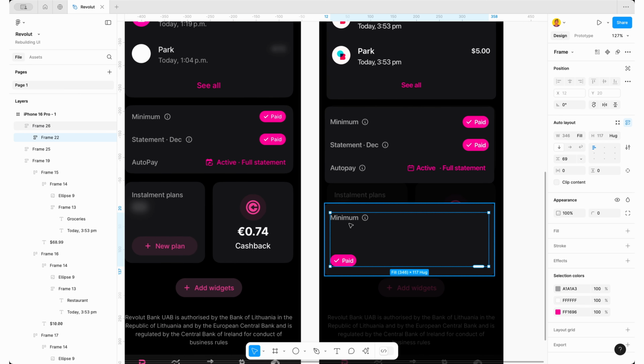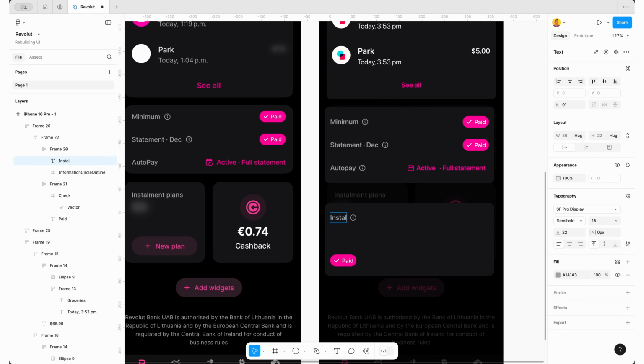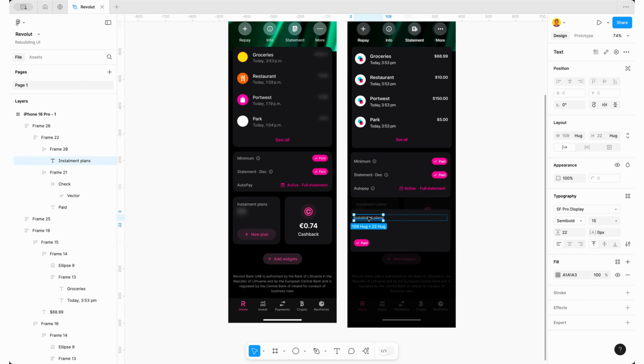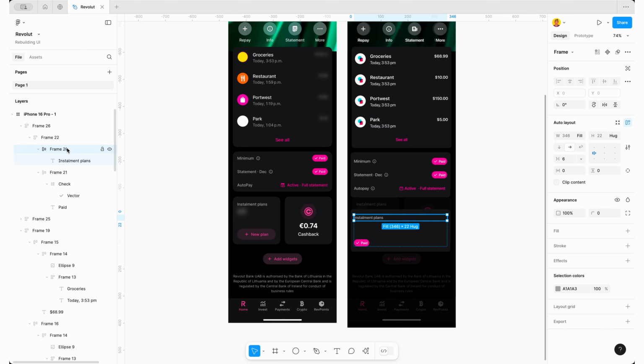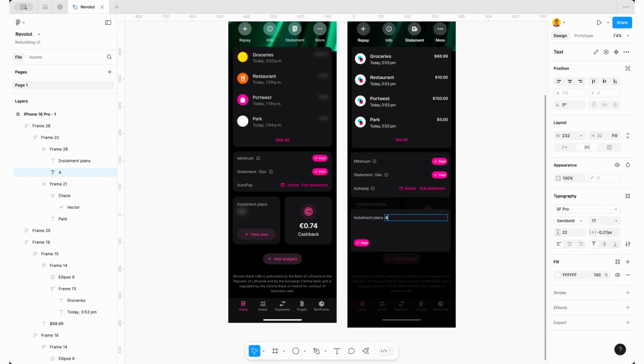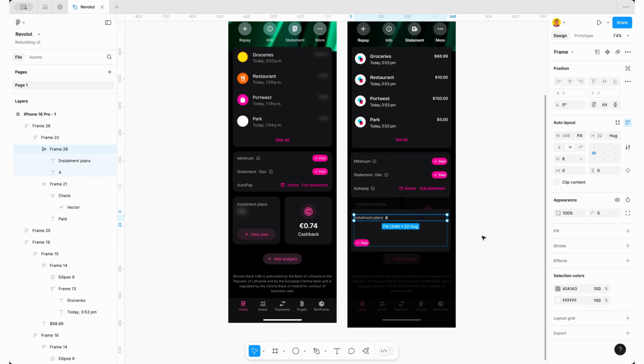Yep, so we change this to installment plans. We'll remove the icon. I think we need a text here, so I'll just copy this one from here and paste it and put installment plans. Then select this frame, change this direction to